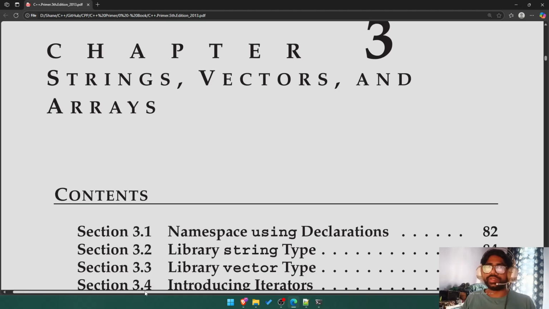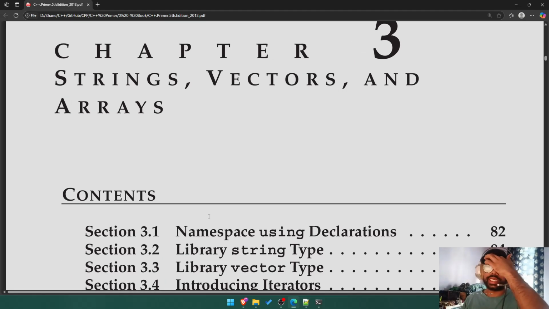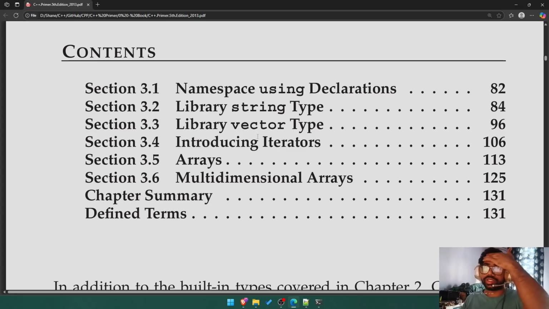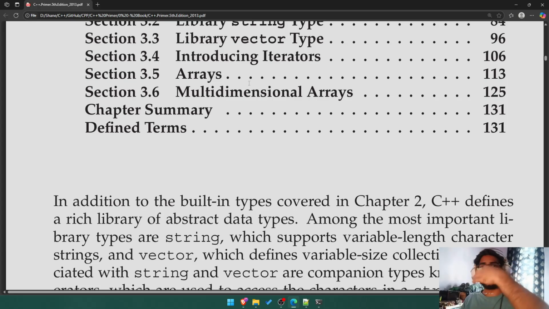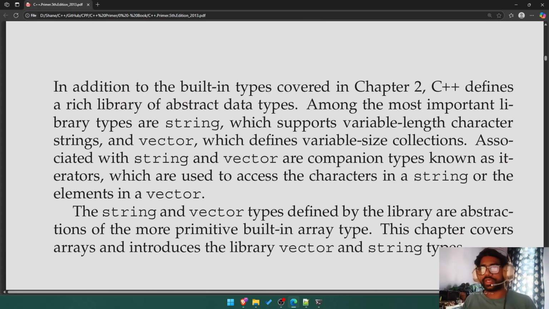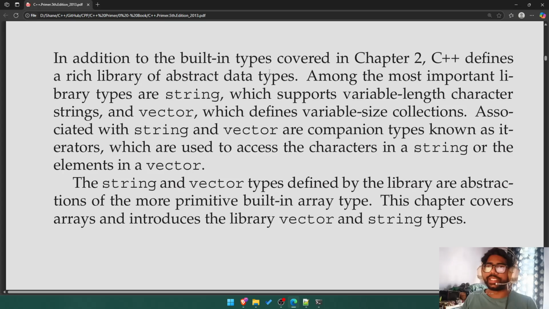Then we move on to chapter 3, vectors, strings and arrays. Namespace using declaration, library string type, library vector type, introducing iterators, arrays and multidimensional arrays. In addition to the built-in types covered in chapter 2,